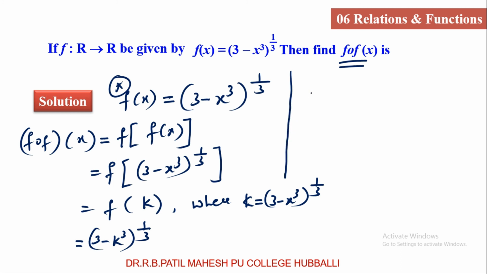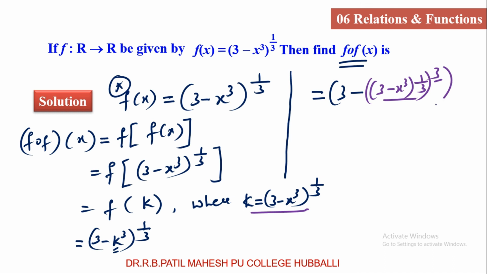Now I am going to simplify. This is equal to, replace the k function. What is k? 3 minus k cube, I have to write now, students. K you can see, that is (3 minus x cube) to the power 1 by 3. This is k, but I want k cube. So now this will be k cube, hope you are following, to the power 1 by 3. As usual, the last to the power 1 by 3. This means 3 minus k cube to the power 1 by 3.